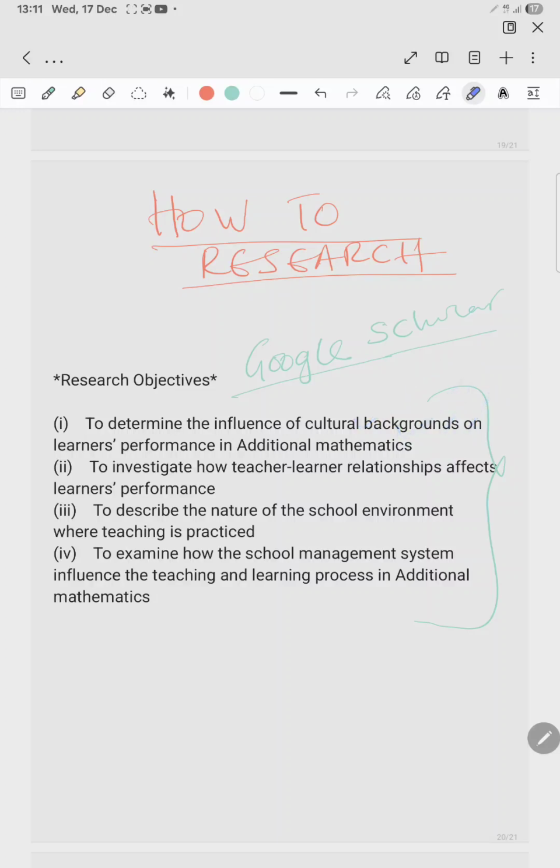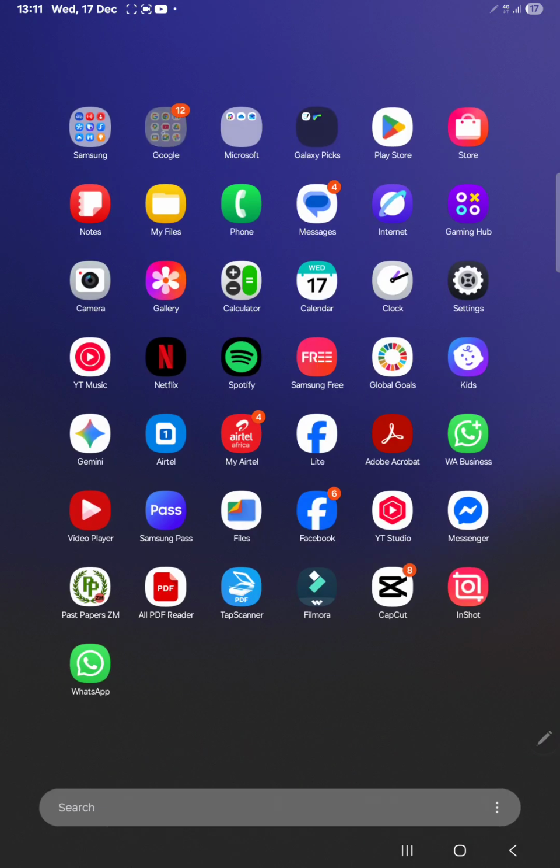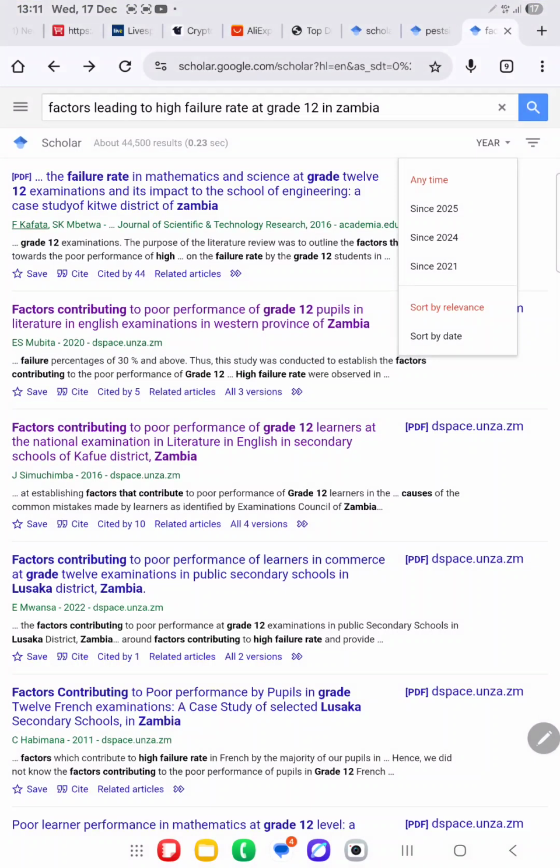Now, allow me to do this. So I'll go on Google Scholar. This is my Google. I come here, Google Scholar. So this is my Google Scholar. I'll go on Chrome first. After going on Chrome,